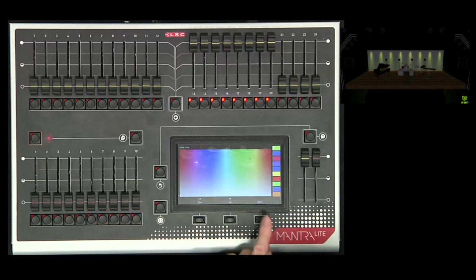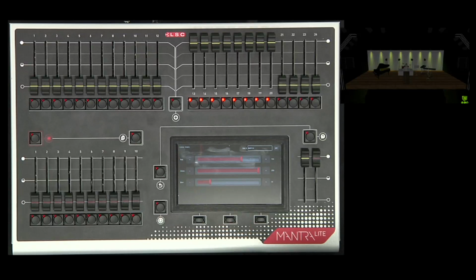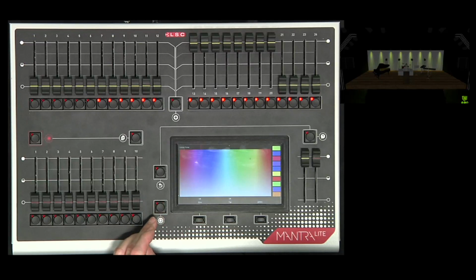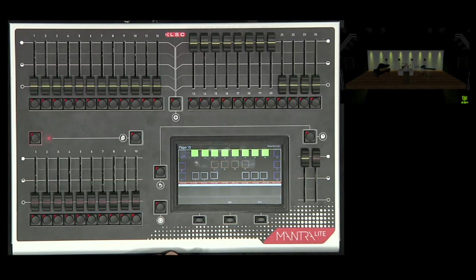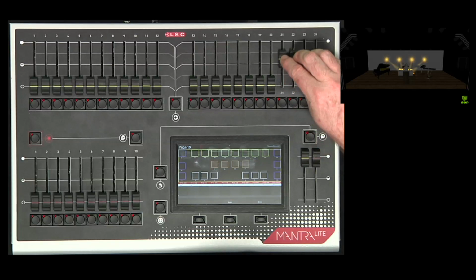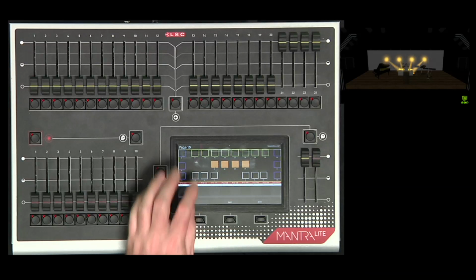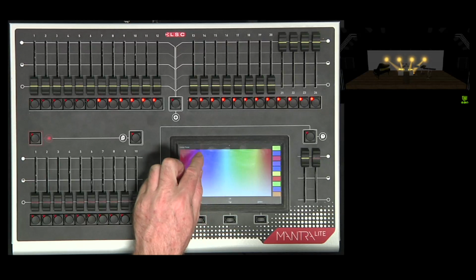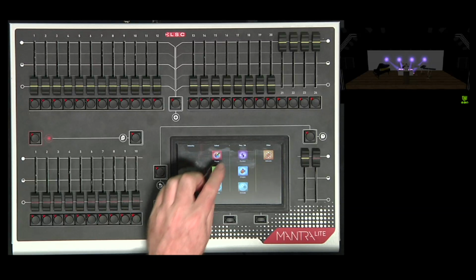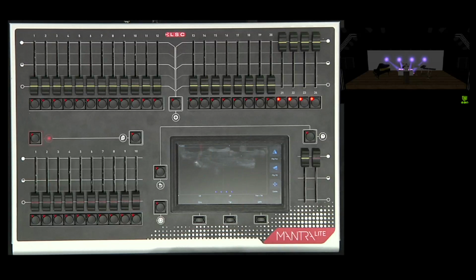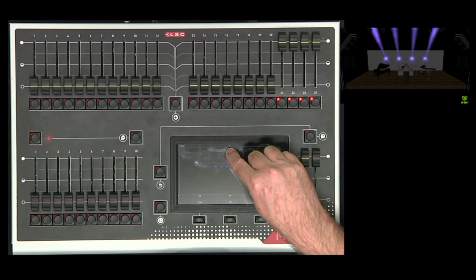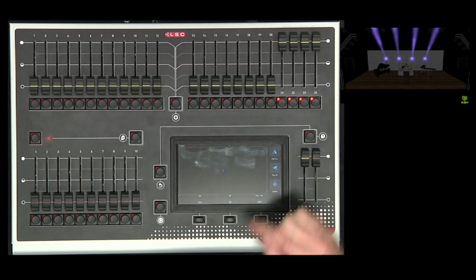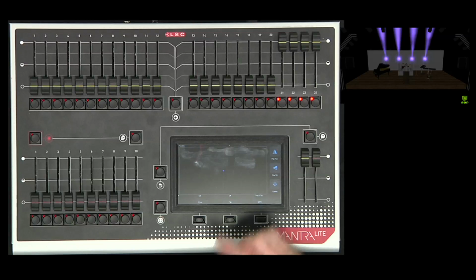Advanced users may also like the sliders button that gives you RGB sliders for the control of your lights. As always, pressing the mantra button takes you back one screen at a time, back to the home screen. My last four lights in my rig are moving lights, which means I not only have colour control, but I also have control of the pan and tilt. In this screen here, I can simply move them about using a trackpad arrangement. The centre button allows me to instantly re-centre the fixtures,